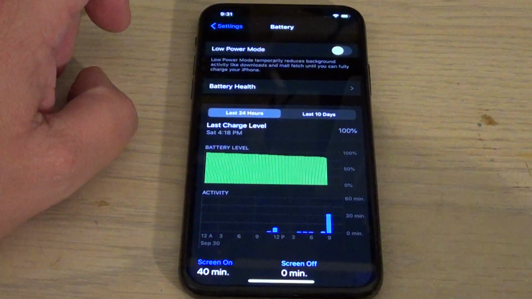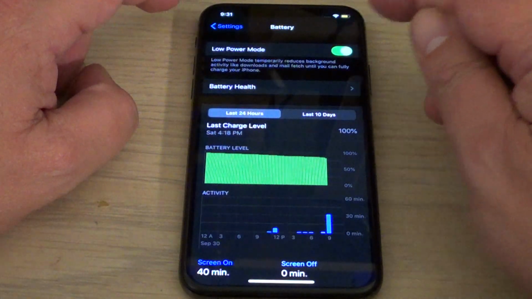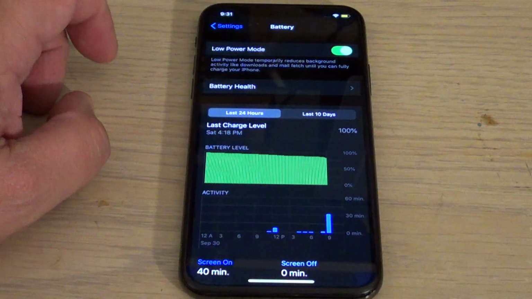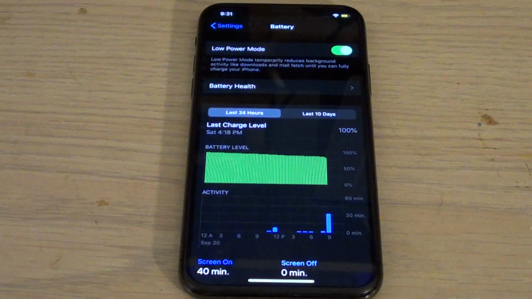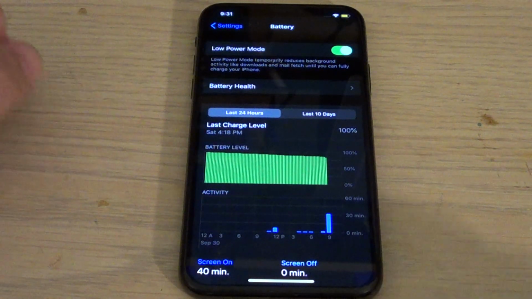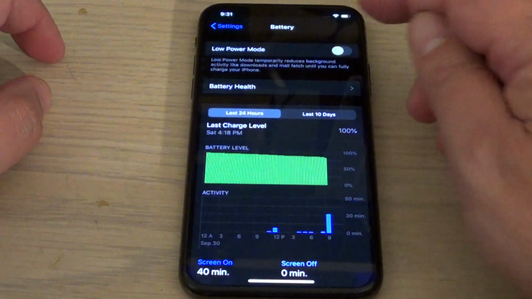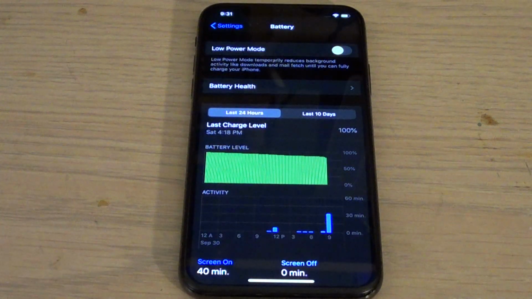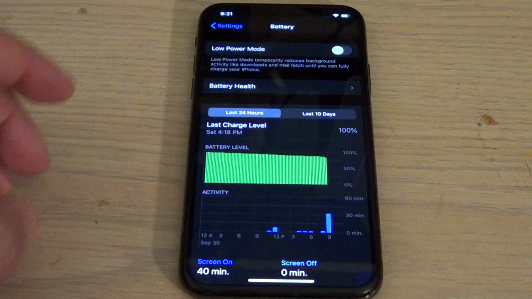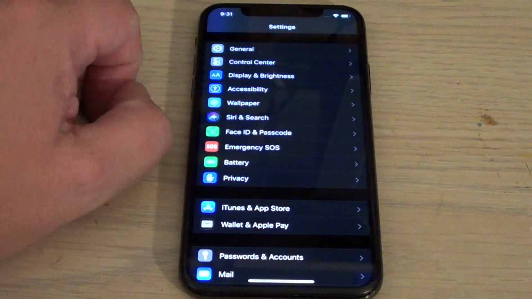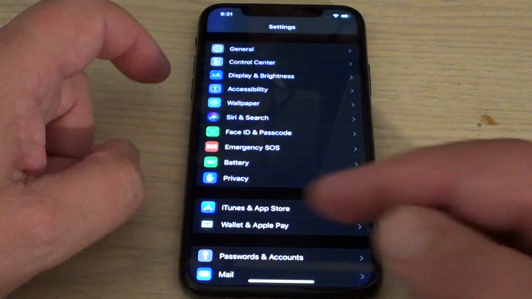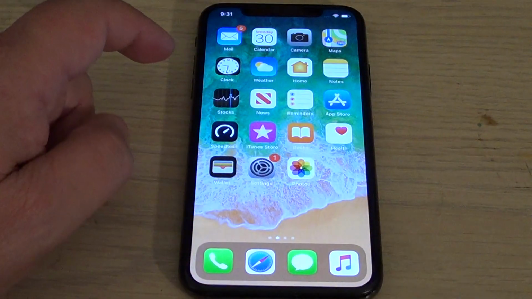you can put it in Low Power Mode, and what this does is it will change the background lighting. It will also lower some of the apps that were running in the background. Some services will be turned off. This will greatly extend your battery in case you really need to have a very long battery usage on your phone. So nice new options, and it's fun to see that they also have that new battery option